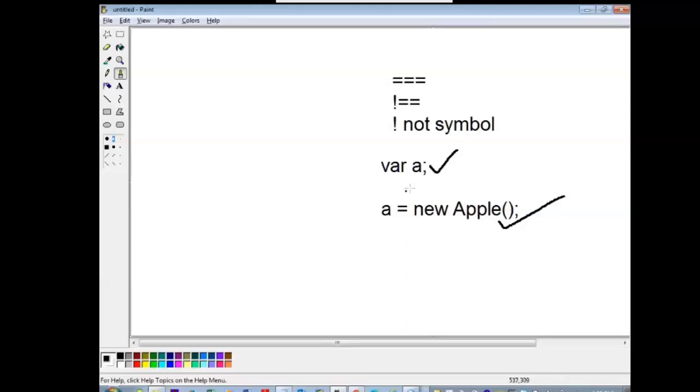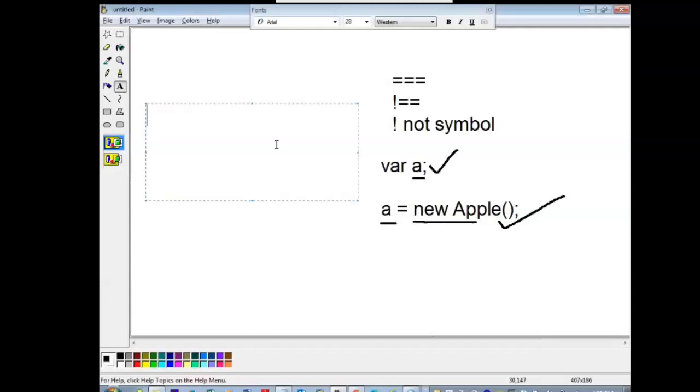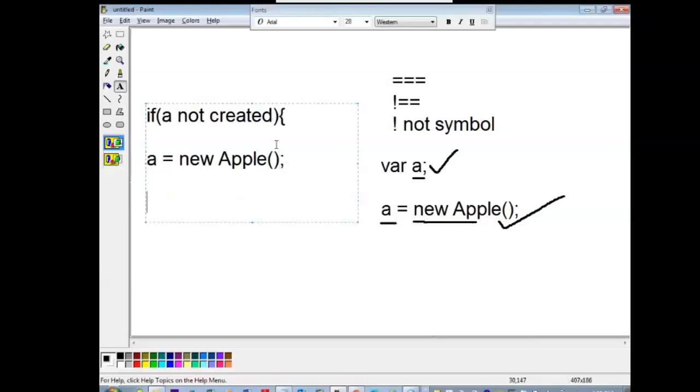If A variable is not created, create the variable and assign that apple, or create that object. That I'll write in English format here. If A not created, create it and assign that apple.